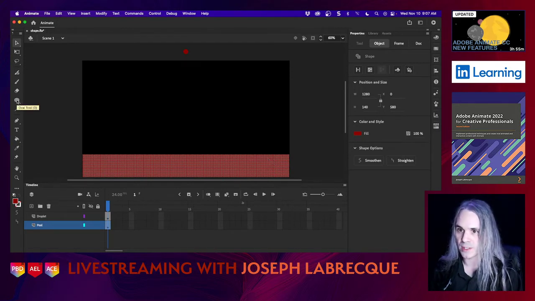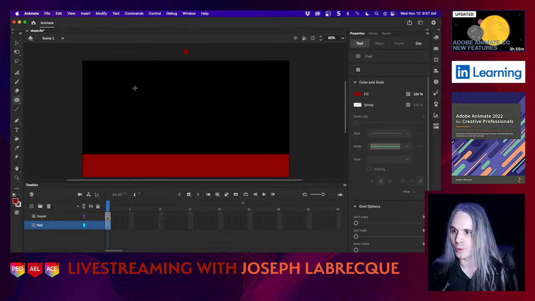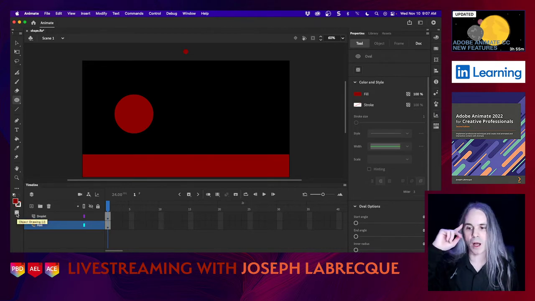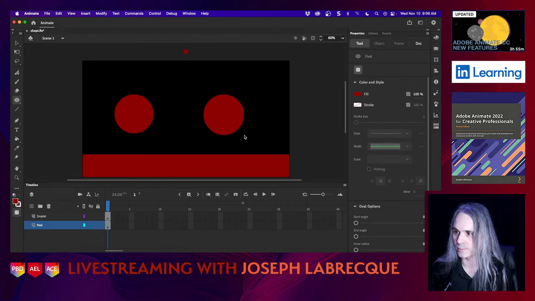So just as a little side path here, if I choose my oval tool again, and let's create a big shape right here, right? So we're going to delete these, but just to kind of show. So there's that. Now, if we look over here at the bottom of the toolbar, we can toggle object drawing mode on. All right. So if I toggle that on there, or in the tool settings, it's right here too, object drawing mode. If I toggle that on in either case, and then create another object right next to it,